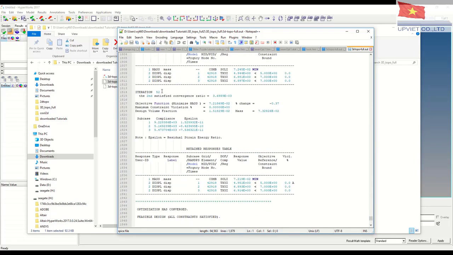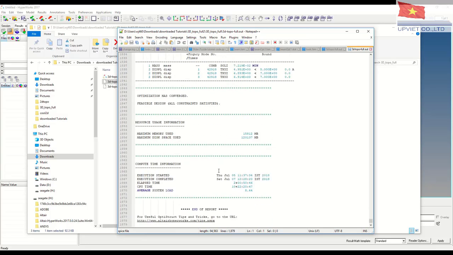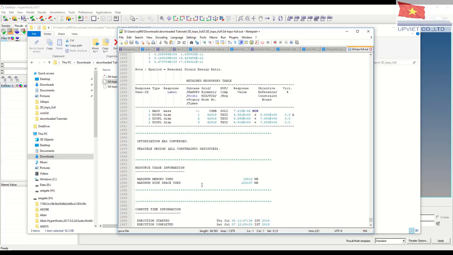So here's the last iteration, and we see that our mass is now 72 kilograms. So that's down from what, 4,700. All right. And the other thing to look at is this file. The execution started, see down here, it's an old file, again, we're loading up some results. Started on July 5th and ended on July 7th. This ran for 49 hours on a system